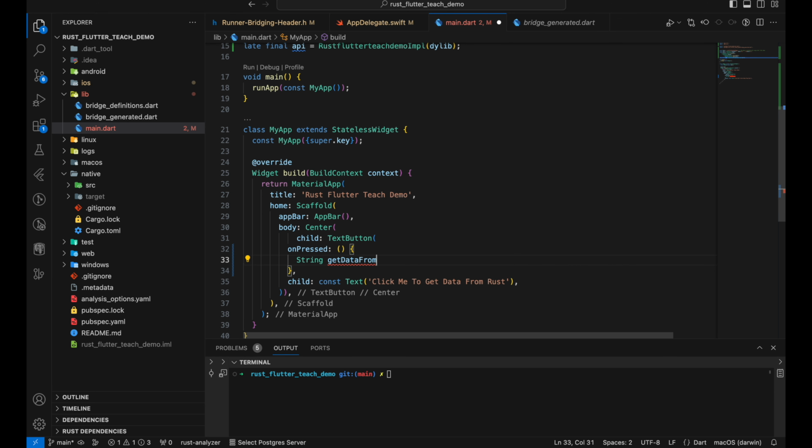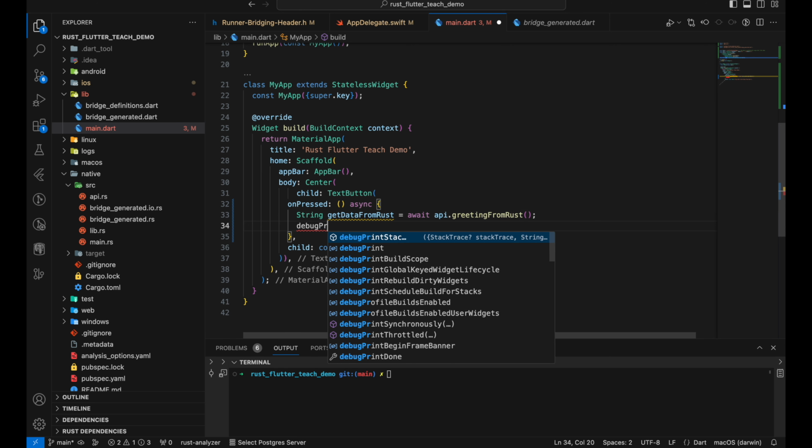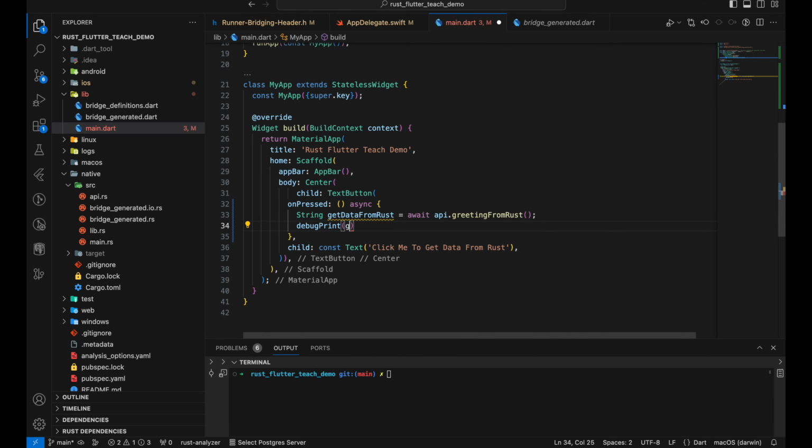When we run flutter_rust_bridge codegen, it generates the dart file that we can call with our dart related code. Okay, so greetingFromRust is a future that returns a string. So let's put await in here, let's put async in here, and then we will print it out in the console. Okay, great. That's all.